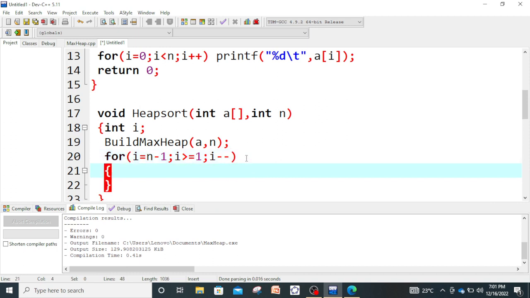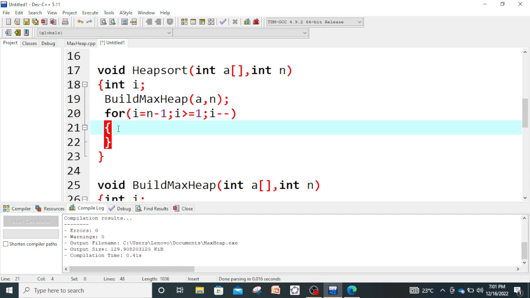Thereafter, the body of the for loop I here define, and here you see that first in the algorithm of the heap sort, the first step was to interchange the root node with the last one. So for that, to interchange, we take a temporary variable. Suppose it is temp. Temp will store the value of the root node, and thereafter this root node will take,